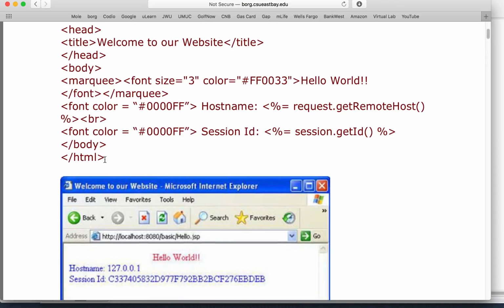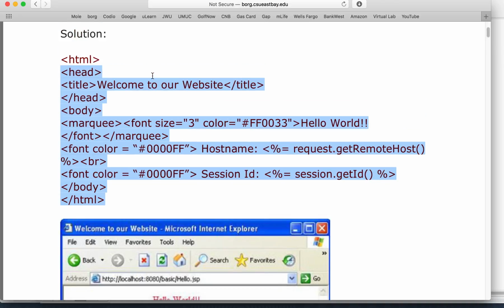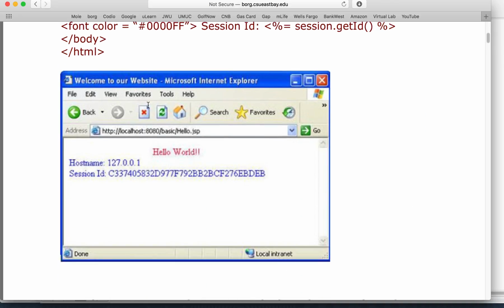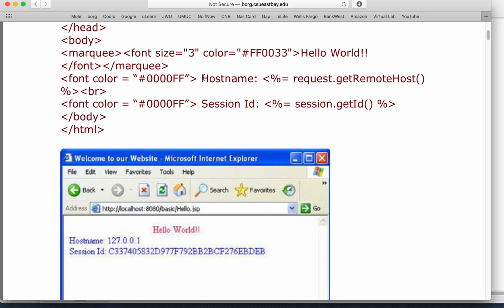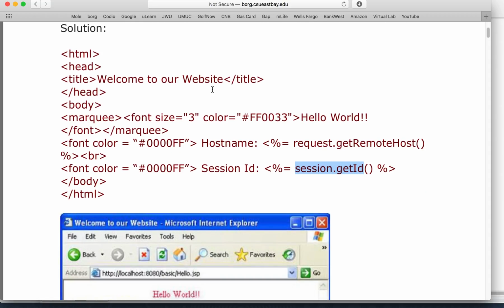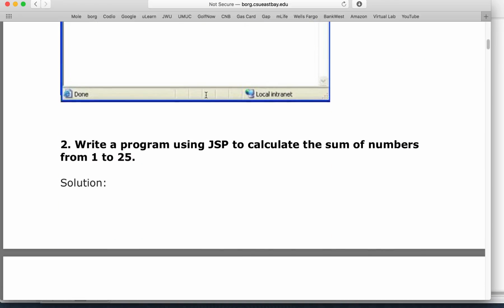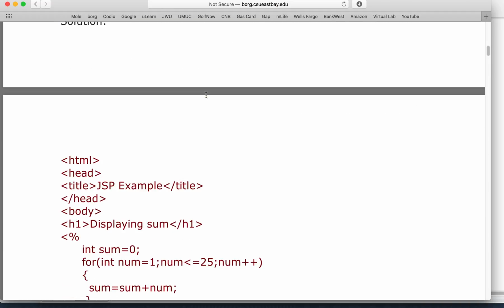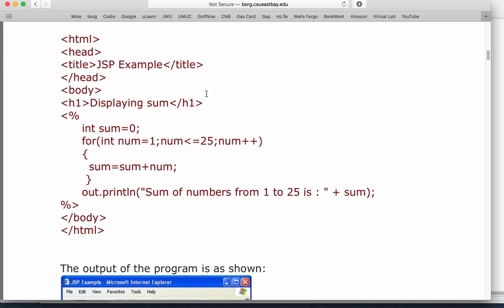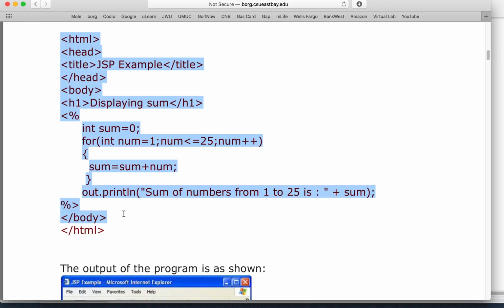You would cut and paste this code right here, stick it in a JSP file, and it would produce this result. It says hello world, and it says the host name and the session ID. It's using the host name here by request.getRemoteHost, and then getSession ID. I'm not expecting you to know how to do this stuff. I'm just showing you some examples of some cool tricks that you could do. Number 2 says write a program using JSP to calculate the sum of numbers from 1 to 25. Well, here's your code here. If we just take this one for example,